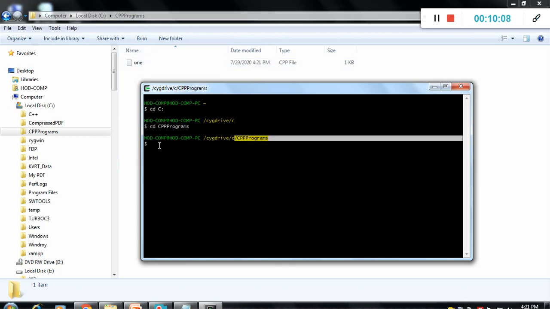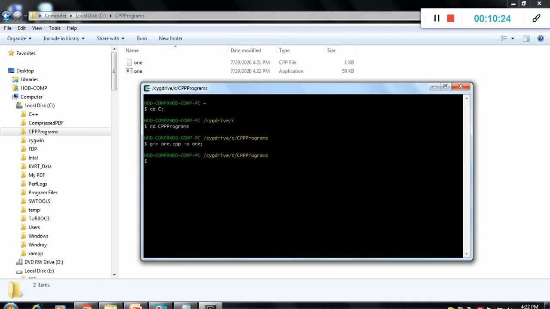Now we will compile the code: g++, program name, that is 1.cpp, then -o for the output file, and again 1. Okay, then click enter, and it's compiled successfully. Now we will run it with ./ program name and enter.